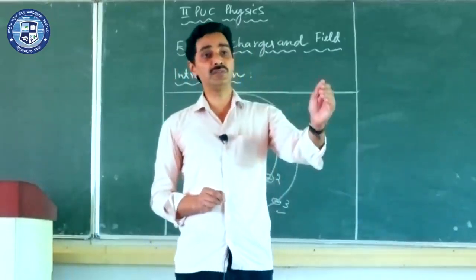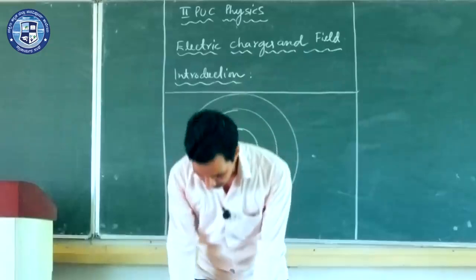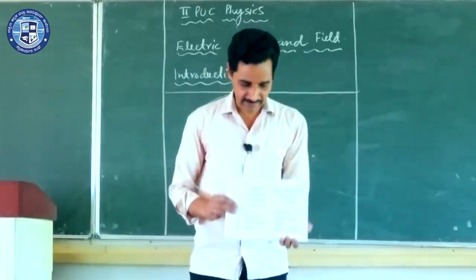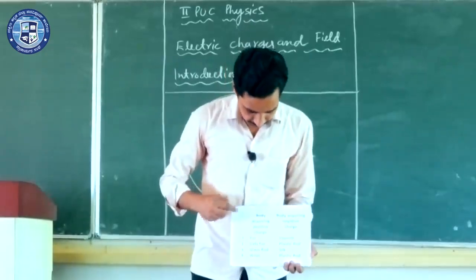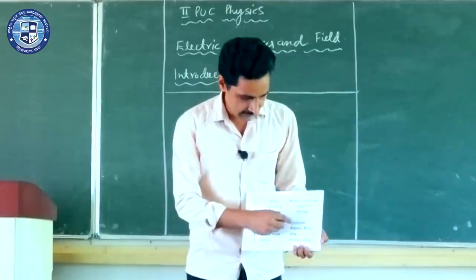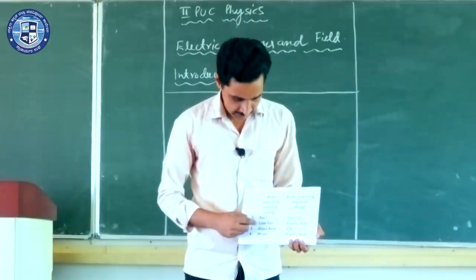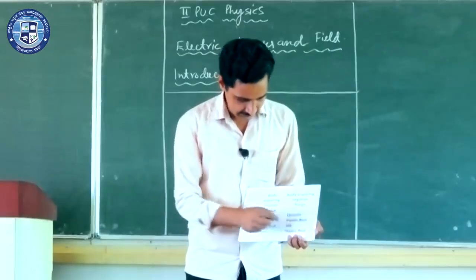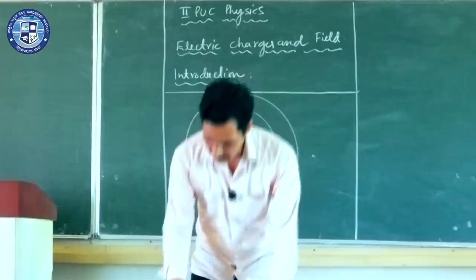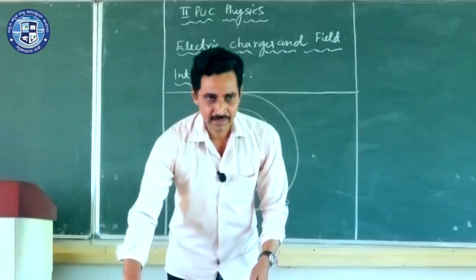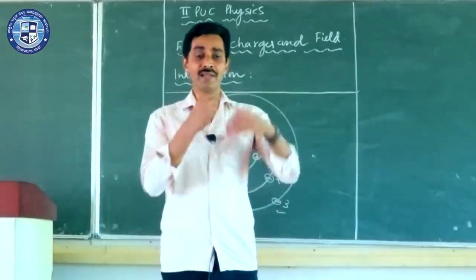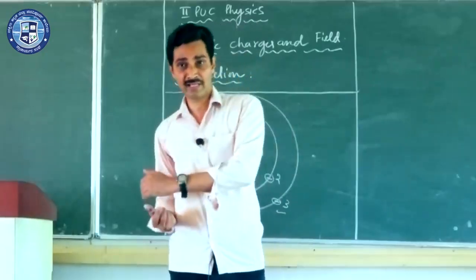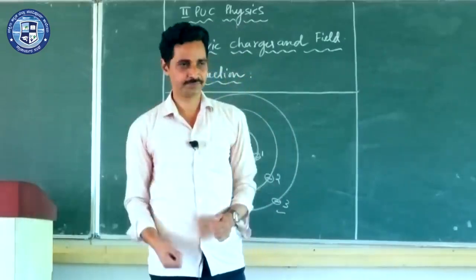Now, which is positive and which is negative? We can do experiments like this. You can have many experiments like this. For example, you can rub fur with the ebonite rod, you can rub cat fur with the plastic rod, glass rod with silk, wool with plastic rod, and you can rub your hands with this plastic straw. So one gets positively charged, another gets negatively charged. That's why there is an attraction.